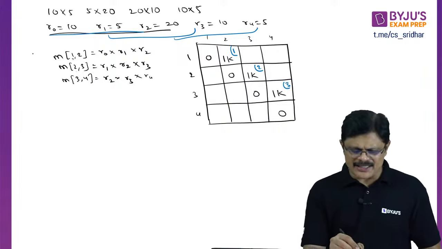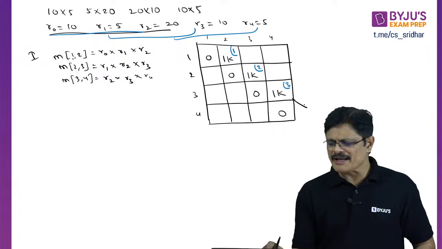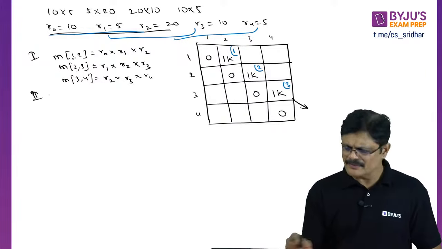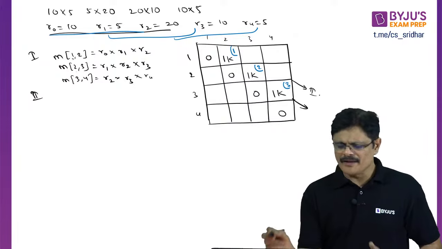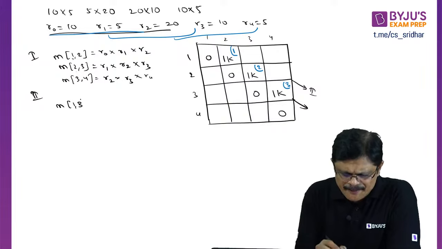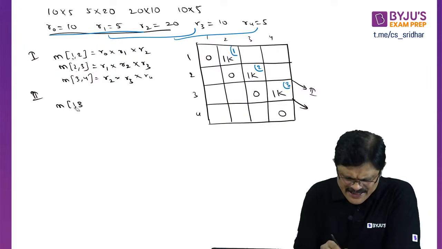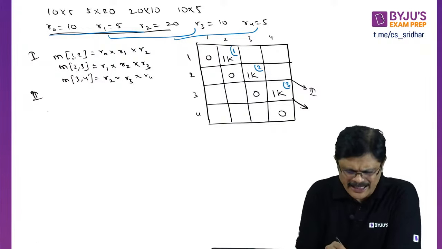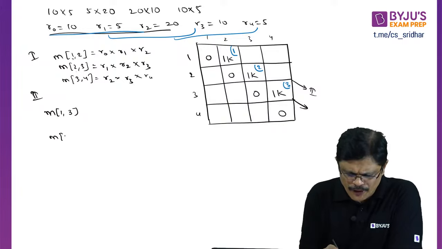Next we need to find, this first level is completed. Now let us see the second level. The second level is this, where we need to find the values of M13. I'll give you a simple method, sir. Please see this carefully. From the diagram, you can easily write this answer, sir. If you properly understand, from the diagram, they are all symmetric formulas. We can easily write the answers. M13 and M24 you have to find.